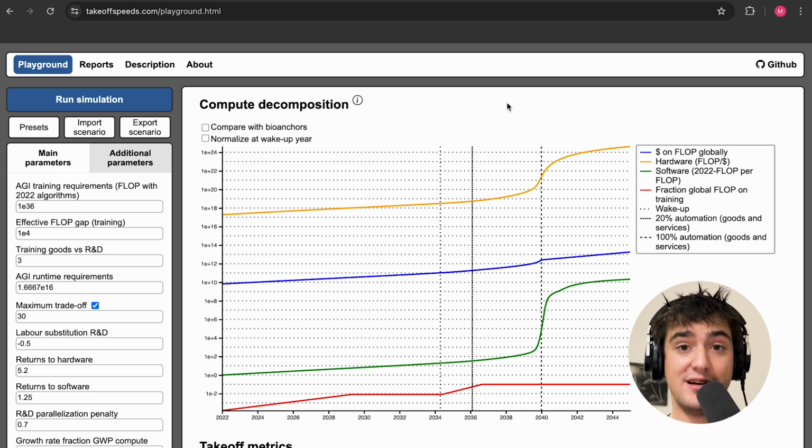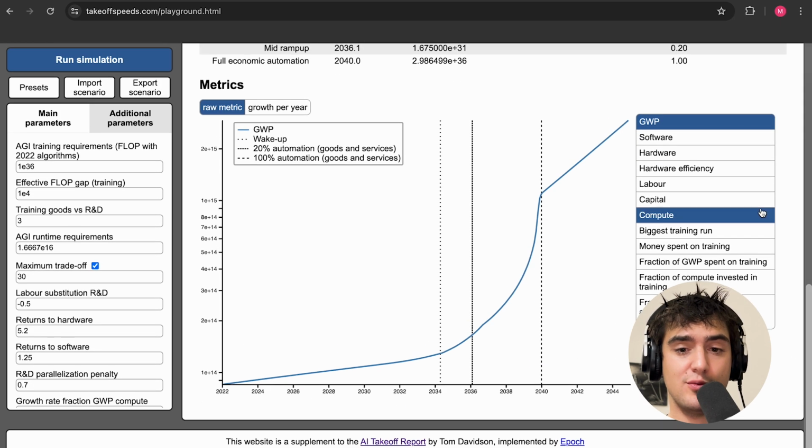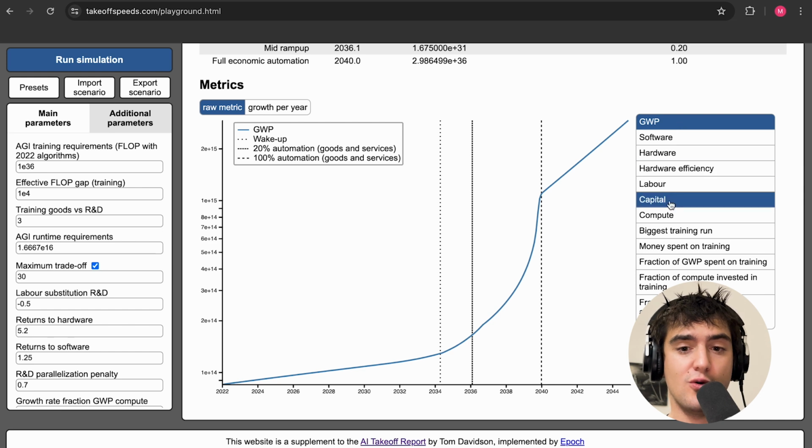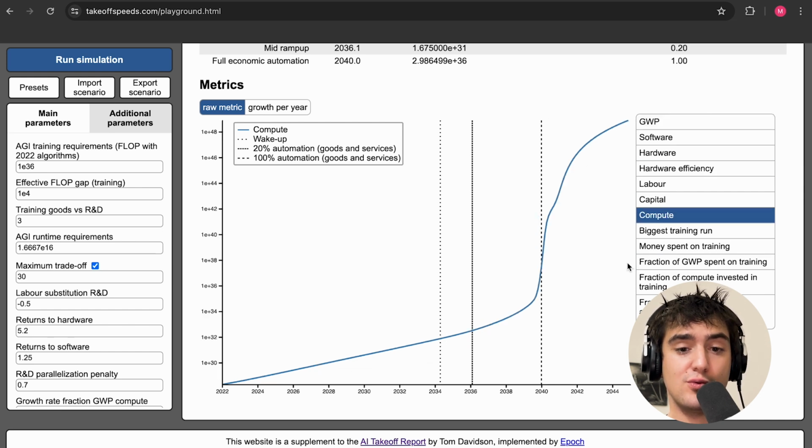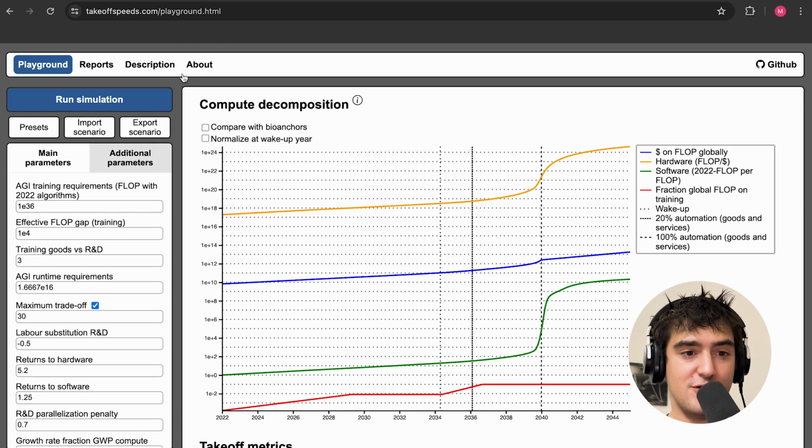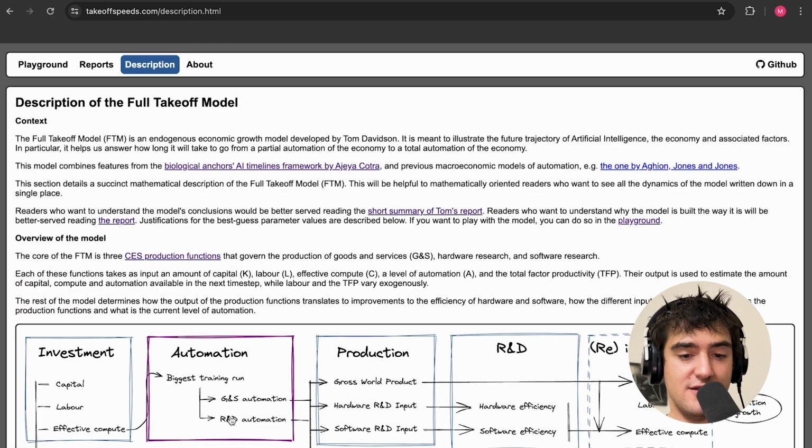And while our entire economy is being automated, we can also model what will happen with global GDP, or the amount of compute in the world that is spent on training runs. And you see that these results are pretty dramatic as we get closer to AGI. But the question that still remains after all of the videos I made is, how do we model this with simple economic equations? So if you go on description here, you see the economic model.